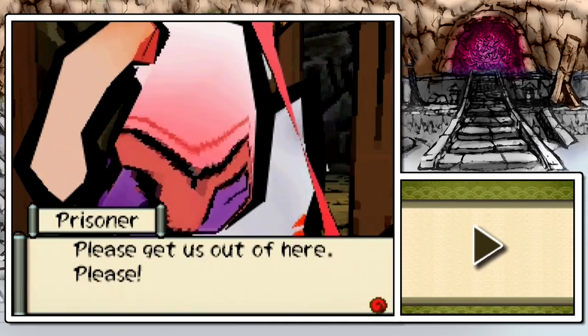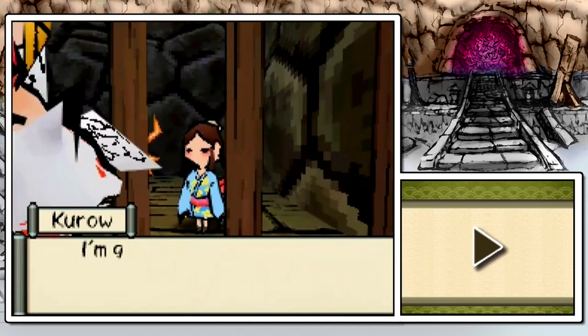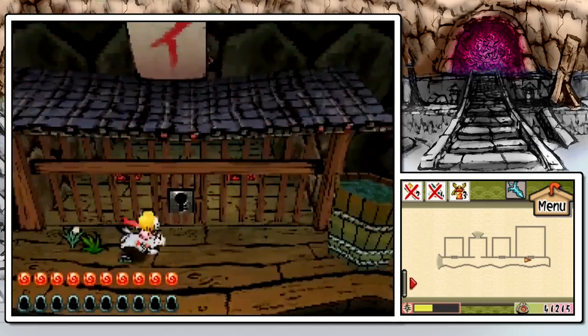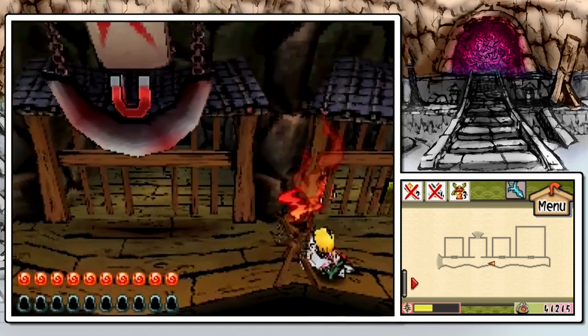Over here, little boy. Please get us out of here. Please! Girl next to me is hurt. She needs help. So, we got an injured prisoner right here. So, little known to us, there were many other maidens that were being kept here, as well as some other people in general. Now, to get in there, what we can do is